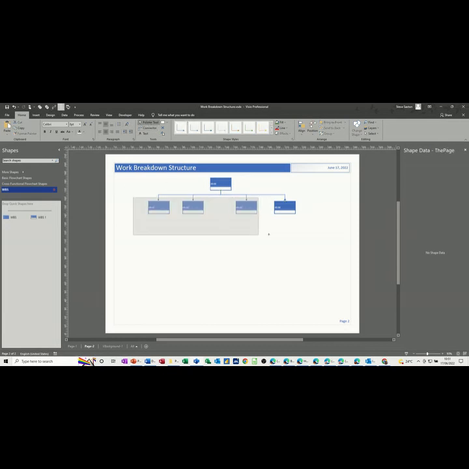So these 4 are going to be the headings, so I'll just change the fill to green, and then you need to put the information in for each of these headings. So the first one was planning, and now this is where the shape data window comes in. So that's planning, and then you give yourself a budget for planning, put a capital on that. So the budget would be, say, 2,000,